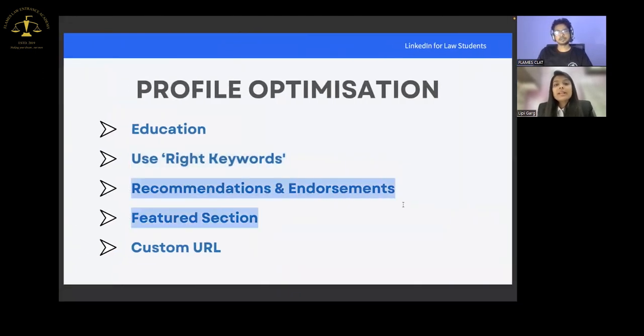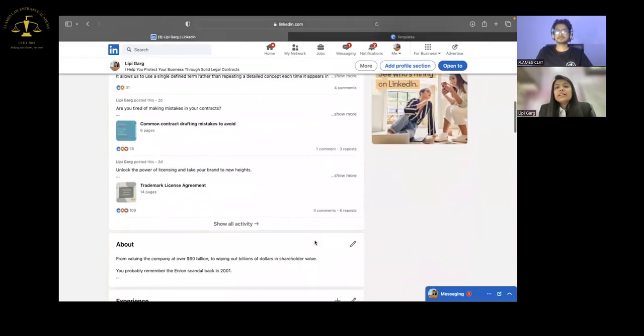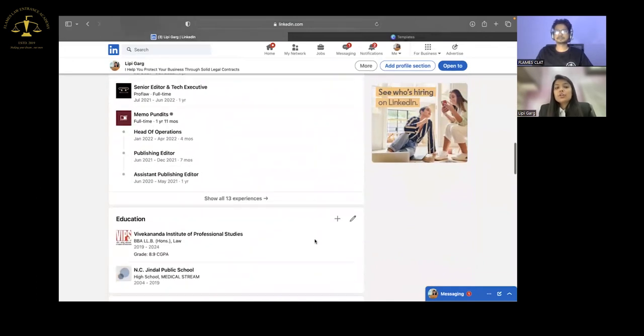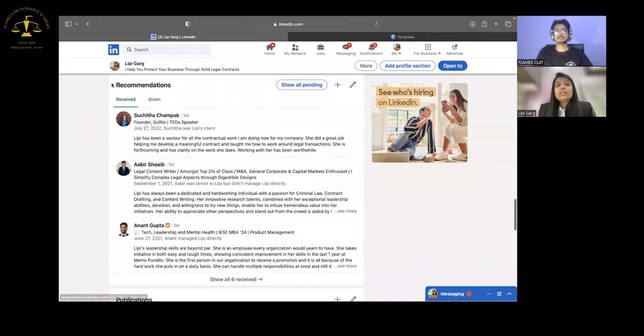Cool. Next we come to recommendations and endorsements. This might not be a very relevant thing for a student of first year, because nobody recommends so soon, and fake recommendations do not go a long way. So these will come with time.